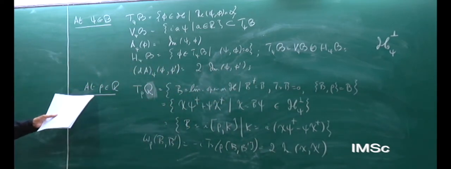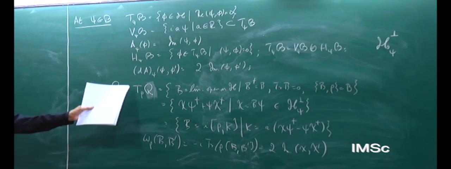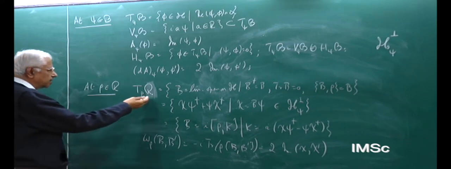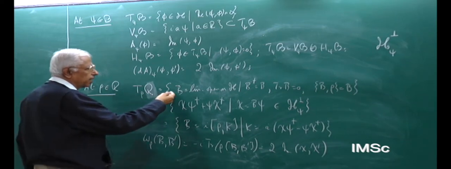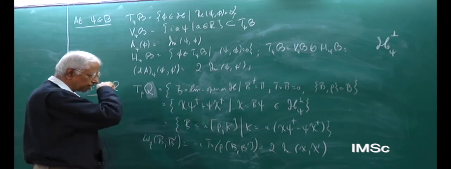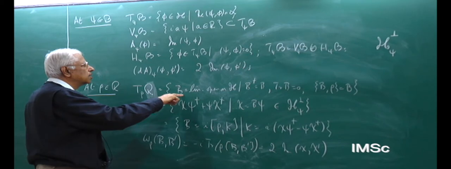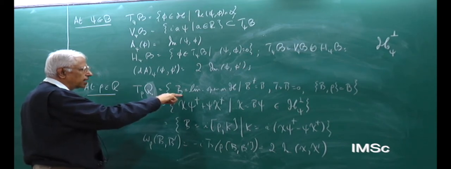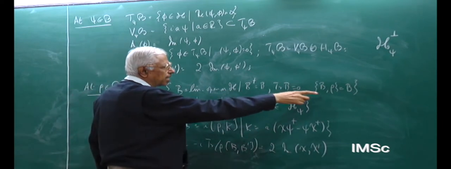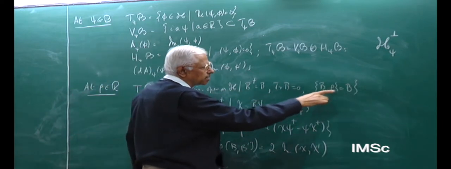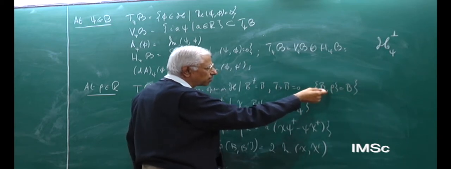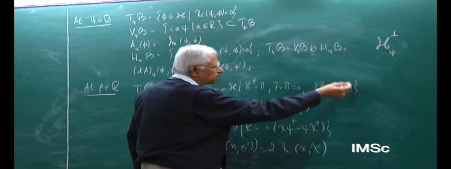At the ray space, at each point rho being psi psi-adjoint for some psi, the tangent space to ray space, it is useful to be able to describe it in several ways from a calculational point of view. One is to say it consists of all Hermitian operators on the full Hilbert space which have 0 trace and which obey this algebraic condition. And we saw yesterday how this is derived. The anti-commutator of B with the density matrix rho must give you B.